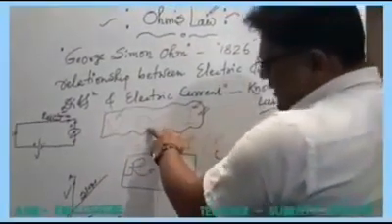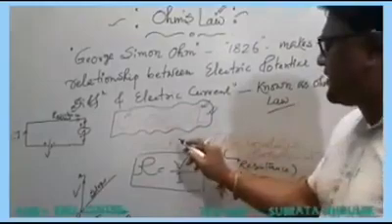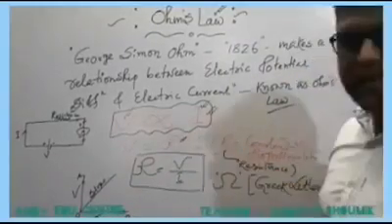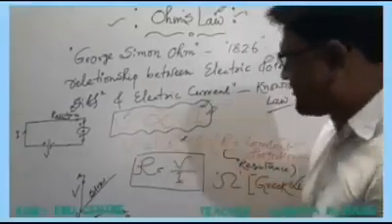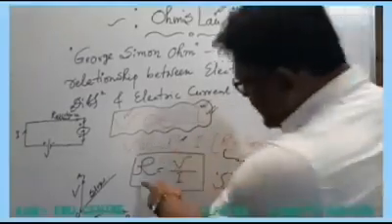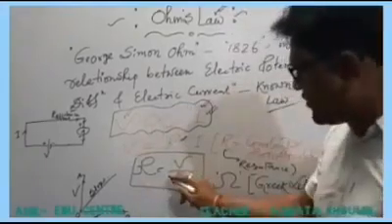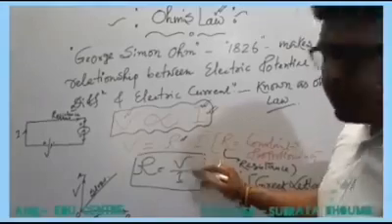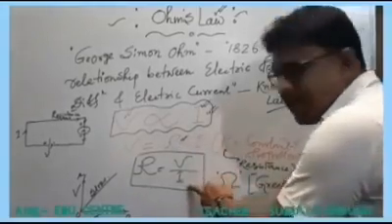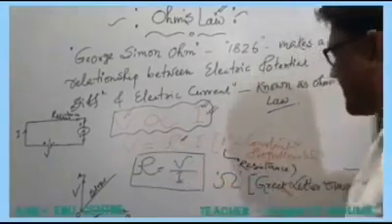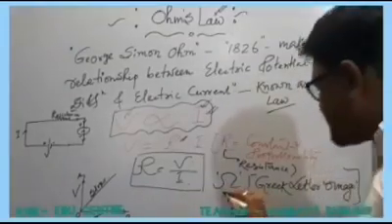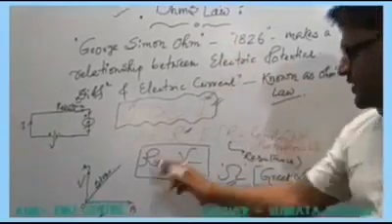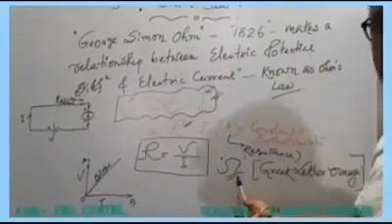When you remove the proportional sign, you apply a constant, whose name is resistance, denoted with R. So R, meaning resistance, is equal to V upon I. What is V? V is the electric potential difference. What is I? I is the electric current. And what is the SI unit, the standard unit, of resistance? It is basically a Greek letter.